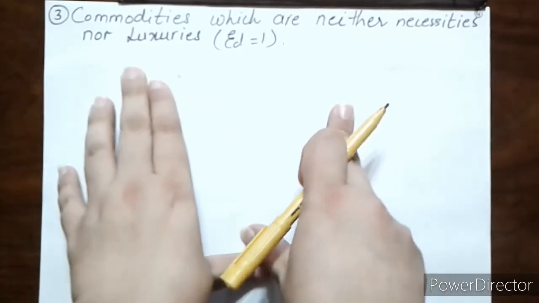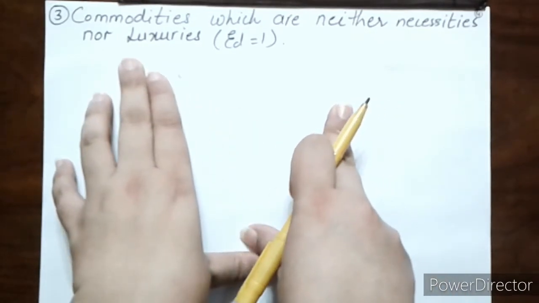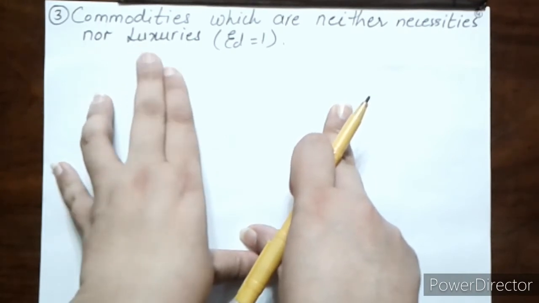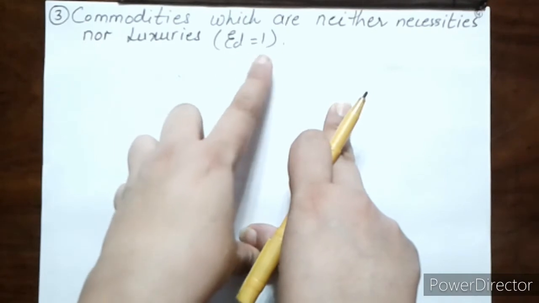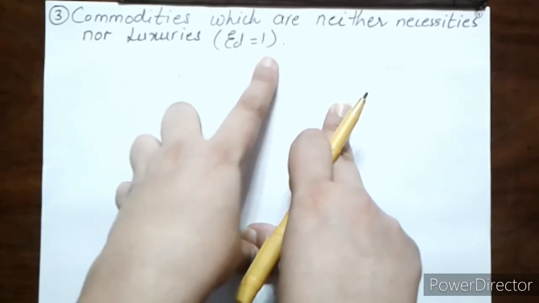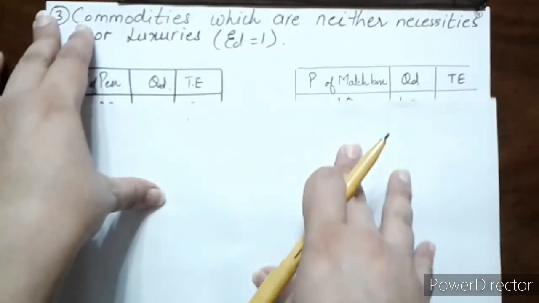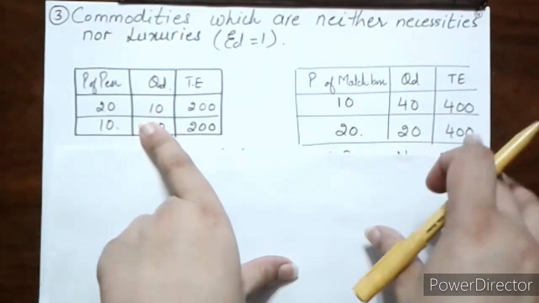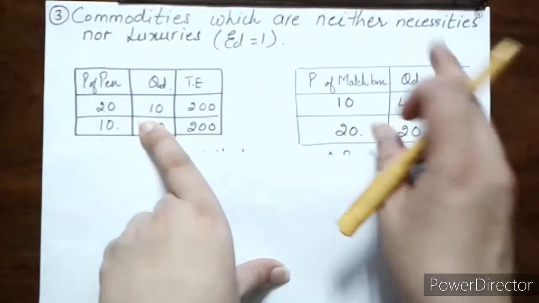Okay, now let's discuss commodities which are neither necessities nor luxuries. There are many things which are neither necessities nor luxuries. In those cases, elasticity of demand will always be equal to 1. Now let's discuss this case of price of a pen. Now pen is something that is neither necessity nor